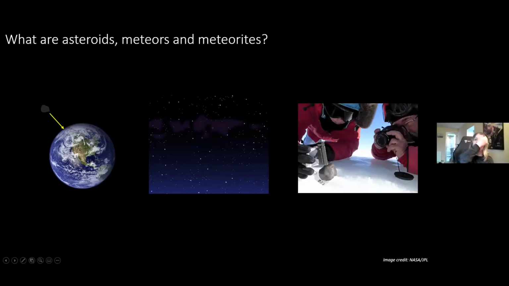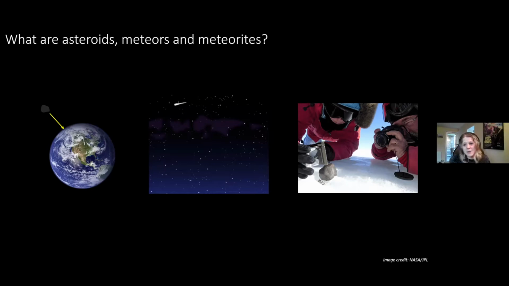NASA, the American Space Agency, actually sends scientists to Antarctica to pick up meteorites every year. I don't know if they went in 2020, I'm not sure. But they go every year to look for meteorites, and they go to Antarctica not because it's where most meteorites fall, but for the simple reason that it's a white background and the rocks are very, very dark. So that's basically the difference between an asteroid and a meteorite. If you're going to take away anything, that's a really good thing to remember.